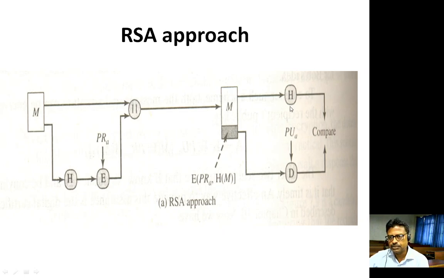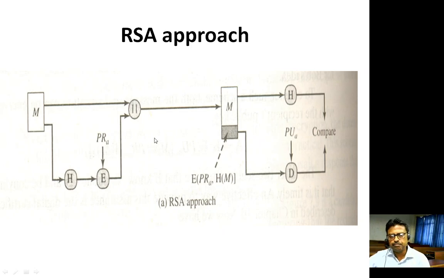The same algorithm is applied on the receiving end, and then the signature which is received by the receiver will use the sender's public key. Public key is represented by PUA. Whenever we apply the public key and the verifying algorithm to decrypt this encrypted hash value, we will get the hash value. The hash value which is calculated and the hash value which we are getting are compared. If both are the same, then the message will be accepted, otherwise the message will be rejected.